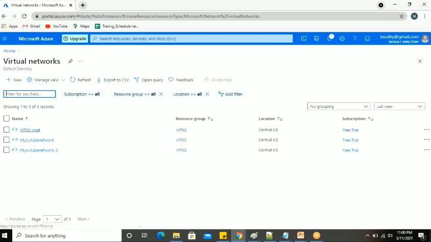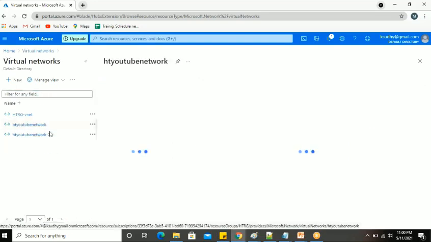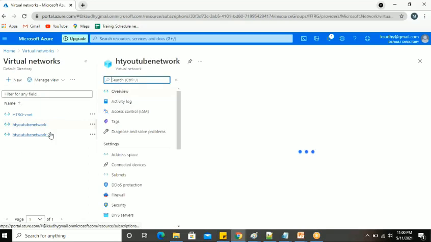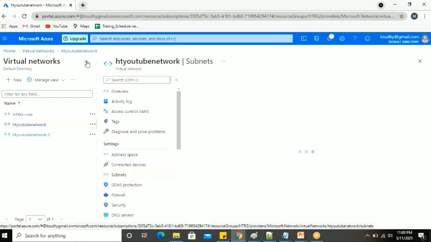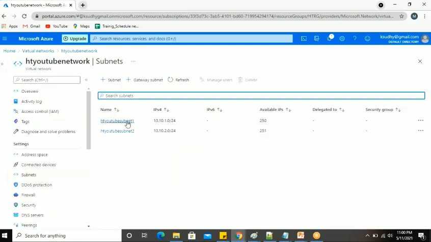Under the high-tech YouTube network, there are two subnets we are having. One is subnet 1, another one is subnet 2. In subnet 1, one machine is already created. In subnet 2, I'm going to create another machine.